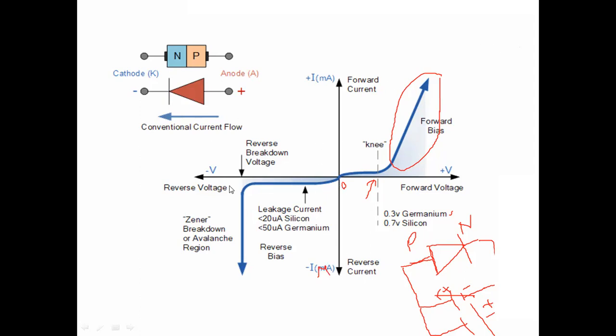Okay, so when we increase the voltage in the reverse direction, that is, when negative voltage is applied, a small amount of current will be generated. That is the reverse current, or reverse saturation current. If we keep increasing the voltage, 0.1, 0.2, 0.3 like that, then after reaching a certain value of voltage, what happens?